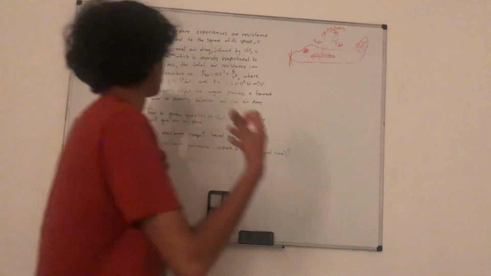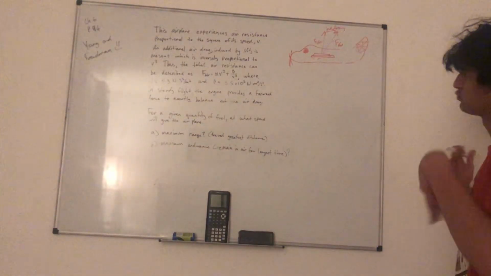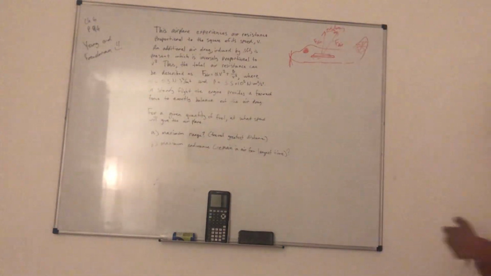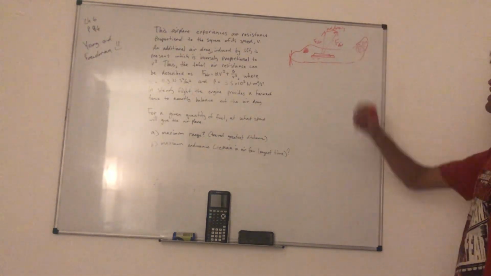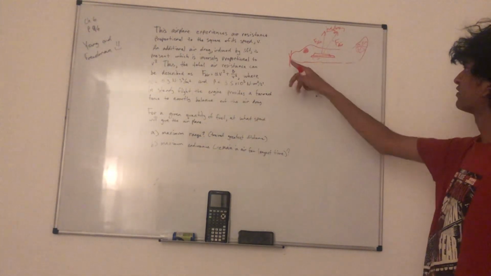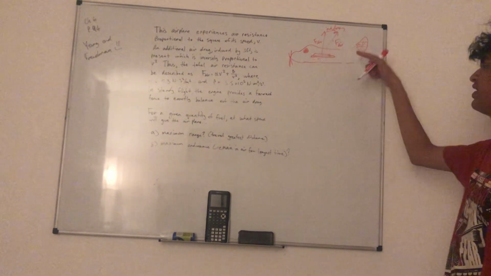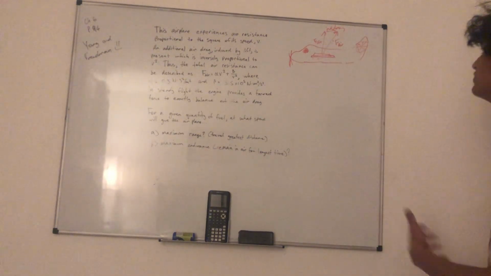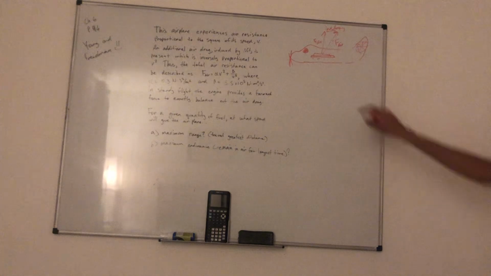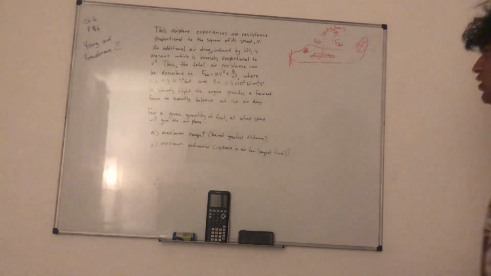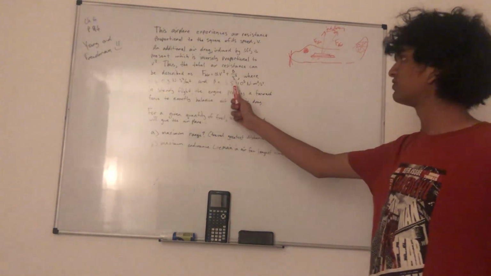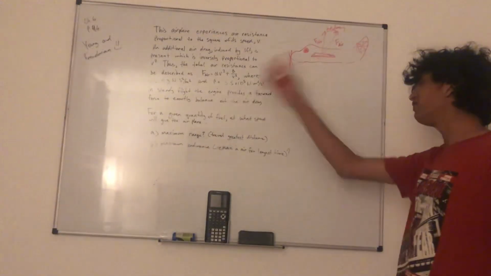So there's your traditional air resistance that's proportional to the square of the speed, but there's also this induced air drag, which is caused by the flow of the air. Some of the air gets pushed forward. So by Newton's third law, there's going to be some more drag that's inversely proportional to v squared. So we could say that the force by the air, the force of air resistance, is equal to alpha v squared